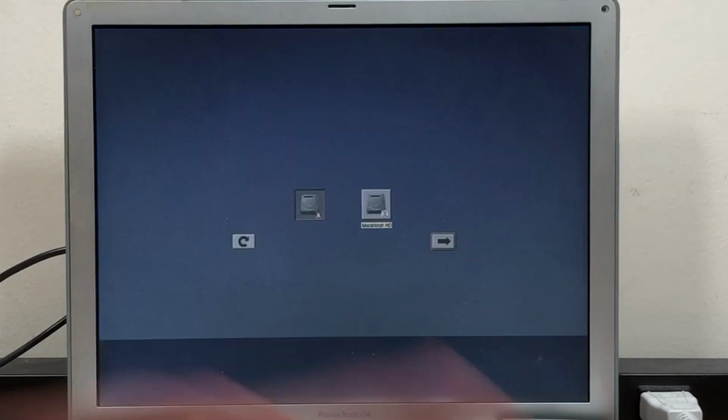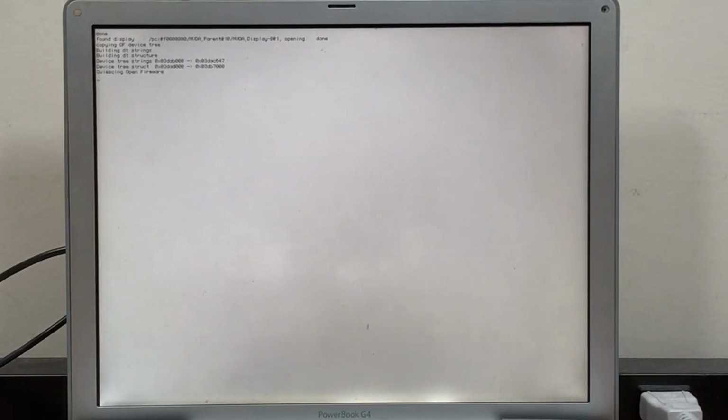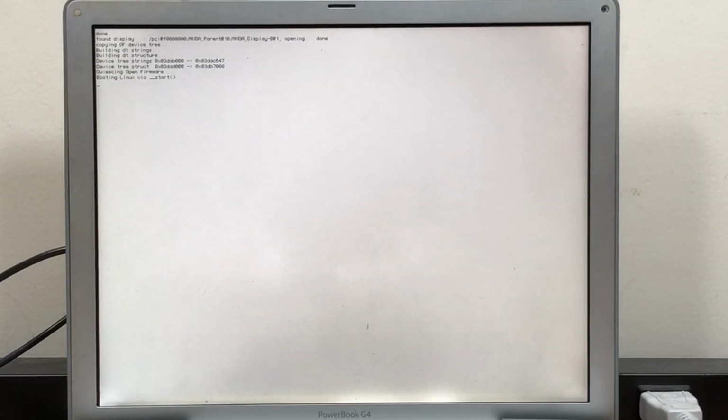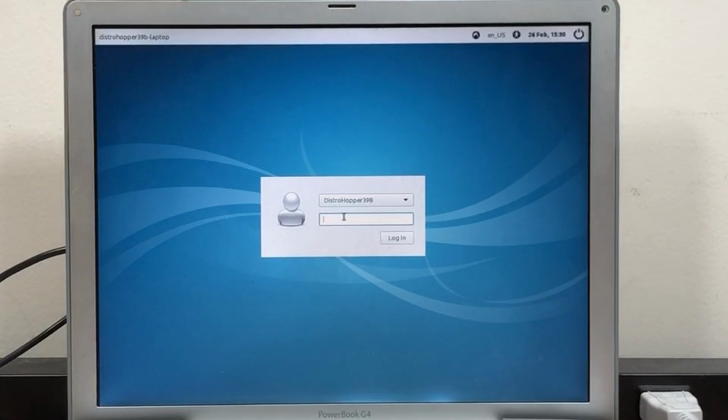So I'm going to boot into Linux here. And it looks like there's L for Linux, X for Mac OS 10, and C for CD-ROM. I'm just going to click L, press Enter. I've used Yaboot a lot. I know the whole story for how Yaboot works and all that. And look at that. We are at the login screen. There we go.